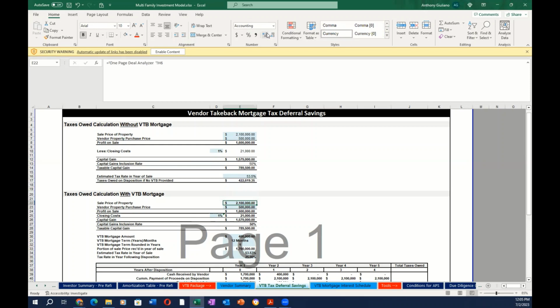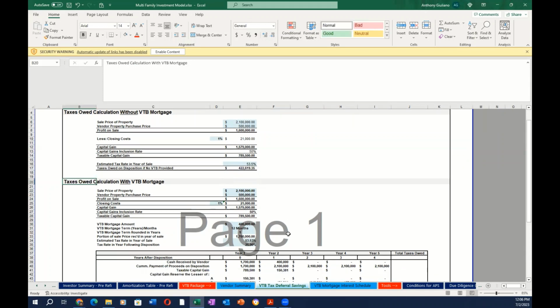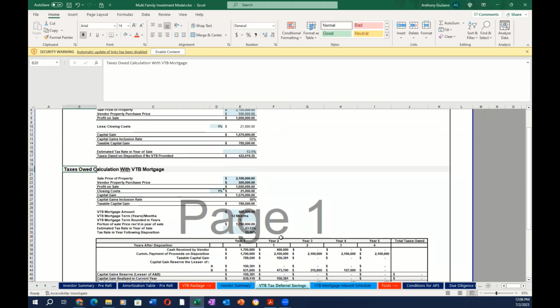Next, we're going to go into, say, okay, what if you ended up giving me the VTB mortgage that I'm asking for? Well, I need a VTB mortgage on this property of, let's say, I think I have about $400,000, which I entered in the one-page deal analyzer tab. It's still the same calculation. There's still that taxable capital gain of